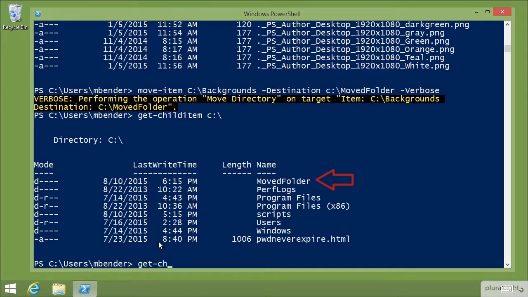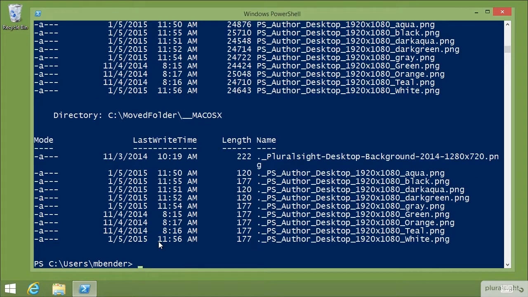So if I do a Get-ChildItem, put in C:\moved folder, -Recurse, we see that it's moved all of those over. Then I can also rename that folder if I want. So let's do a Rename-Item. So a number of the -Item cmdlets,